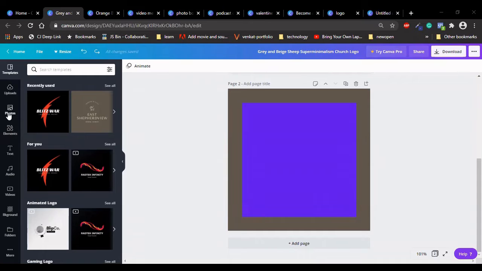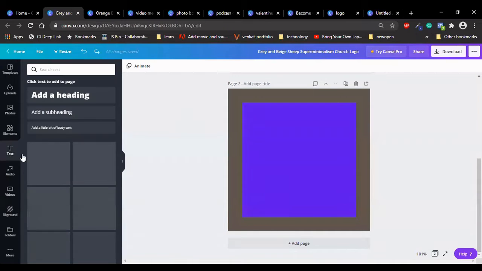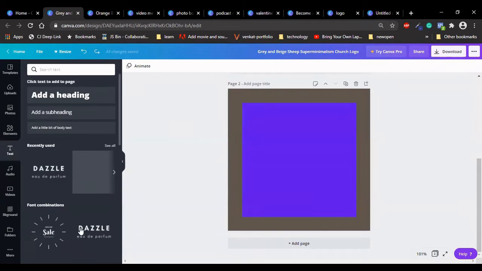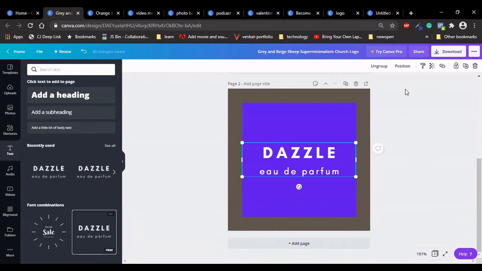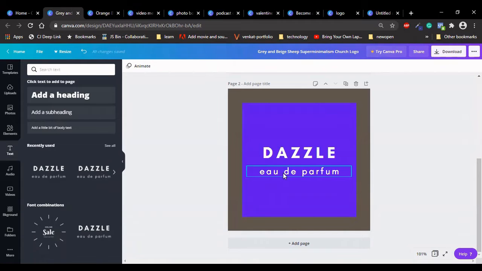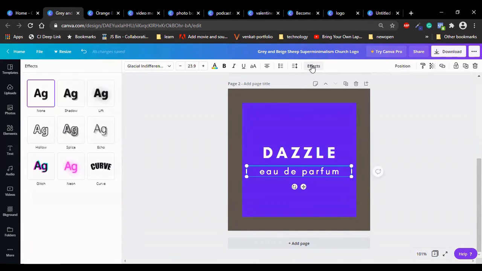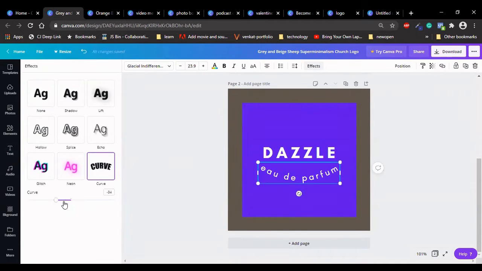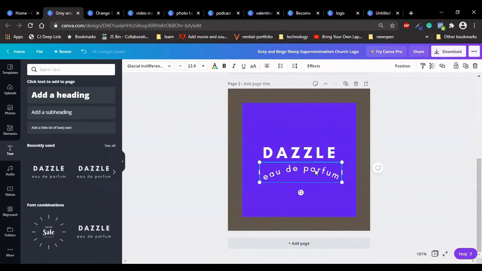If you create a text here, and you'd like to curve the text, like if I like to use this text and let me ungroup it, and I like to do a curve of this text, go to this effect, and there is a new option for curve. As per your requirement, you can change that curve of the text. This new update came from Canva 2021.